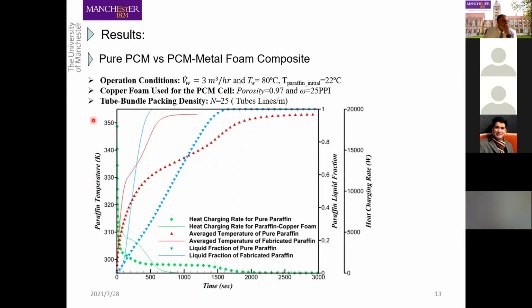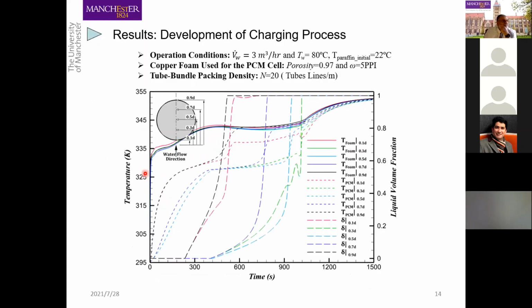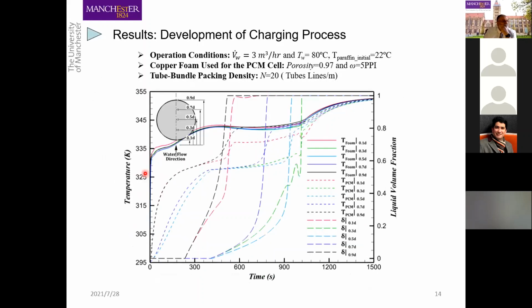So this is a summary for the process, for the comparison between the pure paraffin unit and the PCM metal foam based unit. So we see how fast the PCM melts compared to the pure paraffin. Okay, so the main focus of this investigation is to see how the charging process